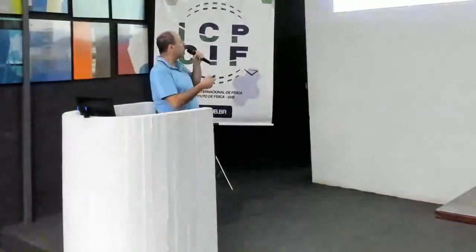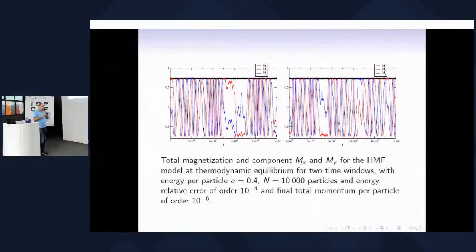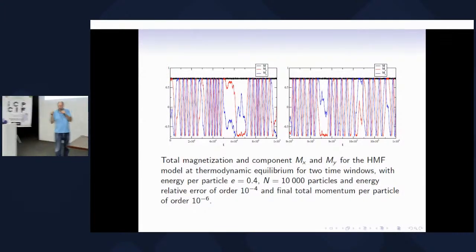Here are some graphs. This is the magnetization, the two components, which is the average of the sinus and the cosinus. So if the center of mass moves, the average of the sinus of theta and cosinus of theta changes with time. But the modulus, the square root of mx squared plus my squared, is constant, which is given by the black line. Here shows you how these magnetizations move for very long times, because of this structure of the equilibrium state moving freely on the circle in a diffusive motion, okay?